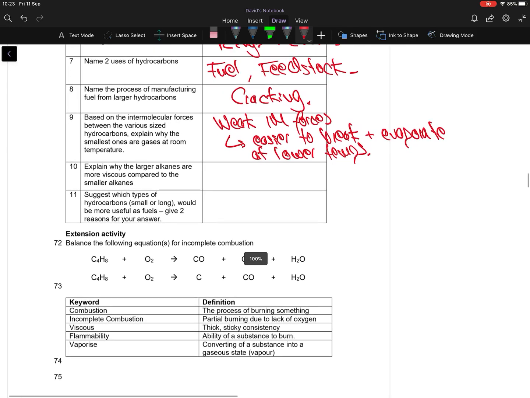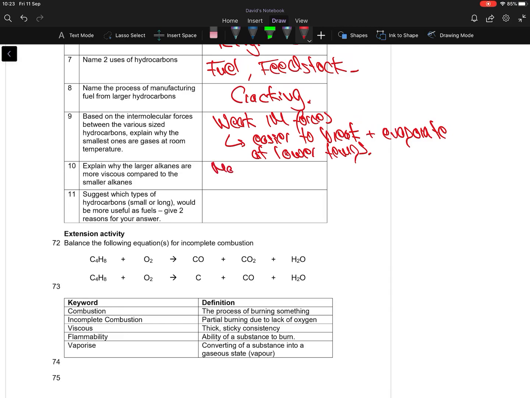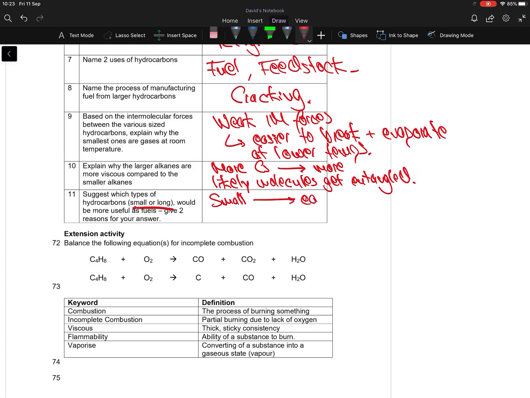Then explain why larger alkanes are more viscous compared to smaller ones. So we have more carbons, the more likely molecules will get entangled. And then finally, suggest which types, small or long, would be useful as fuel. We've said small because they are easier to combust, to get energy out of an exothermic reaction, and it requires less energy to do this. Good, and that's the end of your lesson 2 on